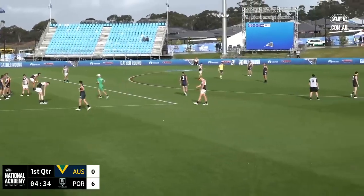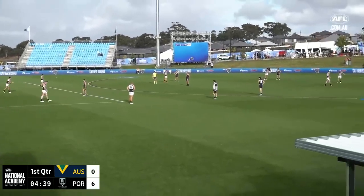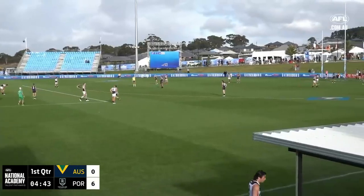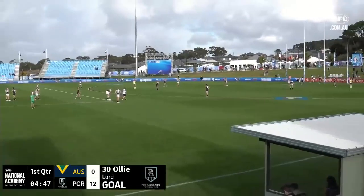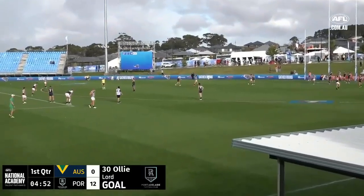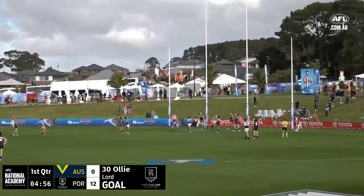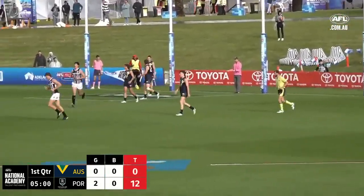So we've already seen Harley Reid get involved on a number of occasions. His class already shining through. But it has been a good start for Port Adelaide. Ollie Lord. It was raining at the start of this game. It's cleared up a little bit now. The kick is good. Really good start for Port Adelaide here